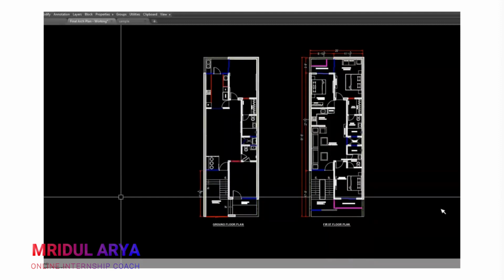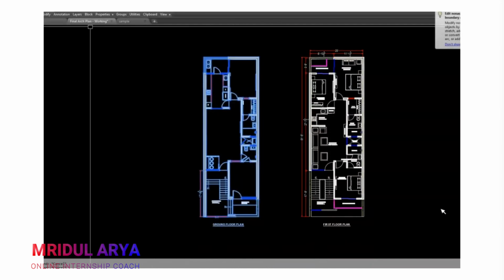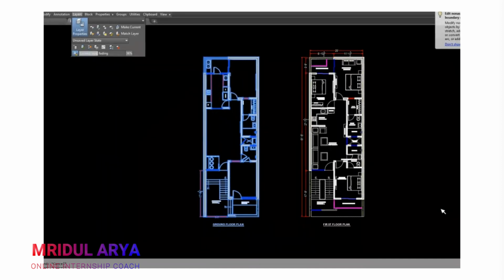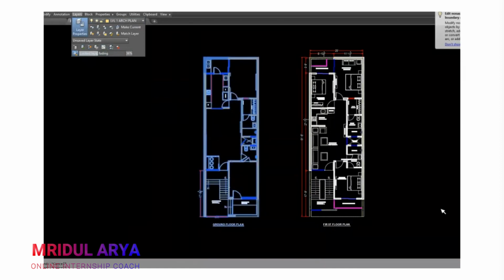Okay, what I'm doing is imposing those plans on each other and I will try to find out where the discrepancies are. Okay? I will try to find out which are the common areas that we can utilize to provide our structural elements. Okay? So I will select this whole plan and I will just change its layer to the level 1 level.